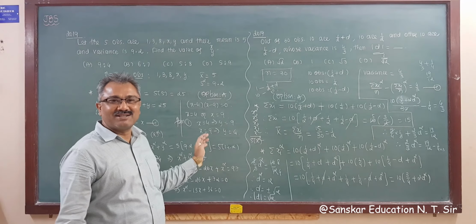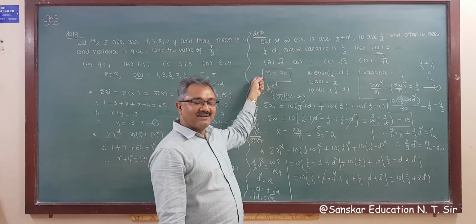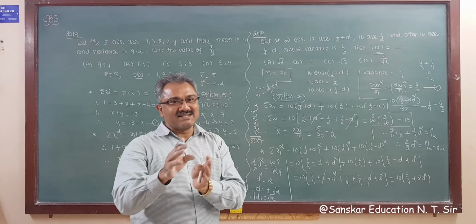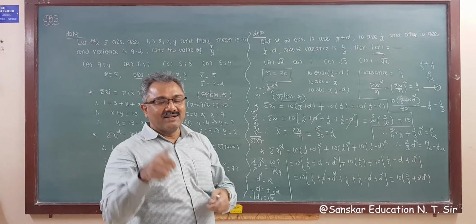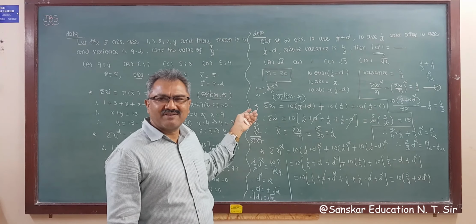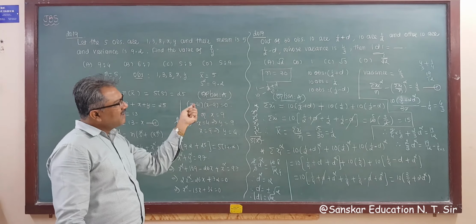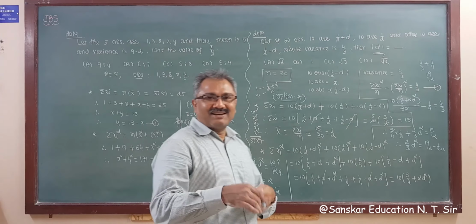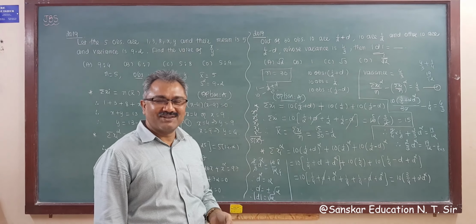Okay? Got it? It's a nice question, right? We did this type of question, where half the observations are half plus d and the other half are minus half plus d. I think that was a 2008 or 2009 question. So similarly, some tricky change in your question, right? There's a bit of a twist in the story. So you can do it. Okay? Thank you.